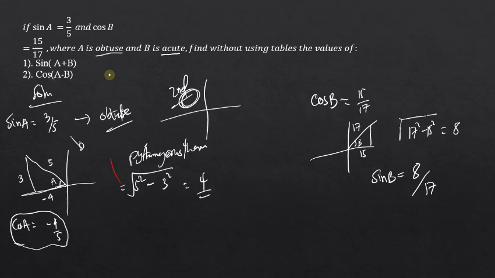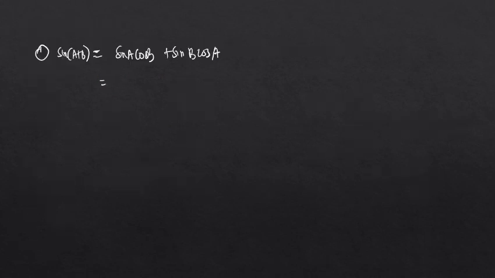So the next thing is to pick our values. Sine of A is 3/5, and the cos of B is 15/17, then plus sine of B, which is 8/17,